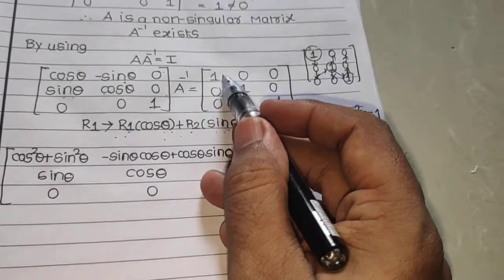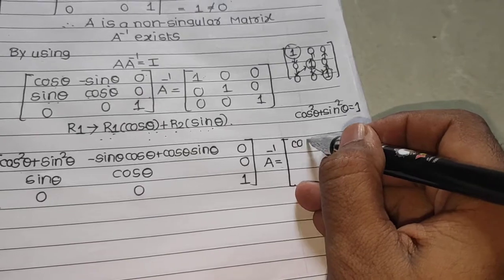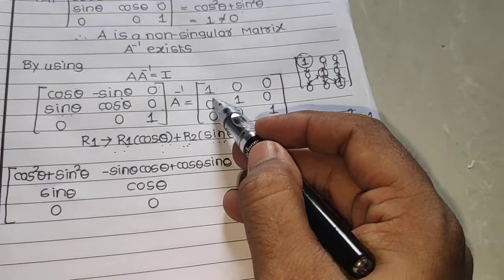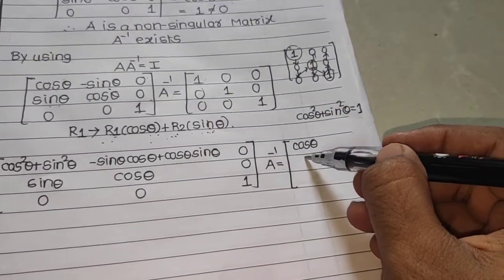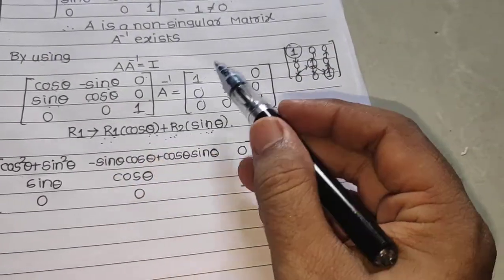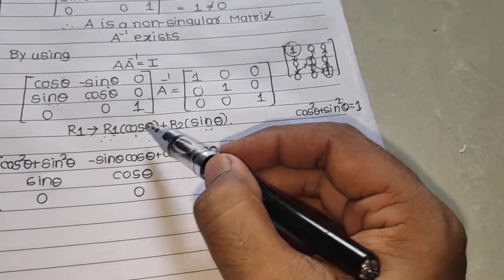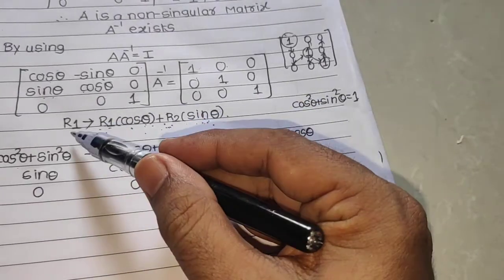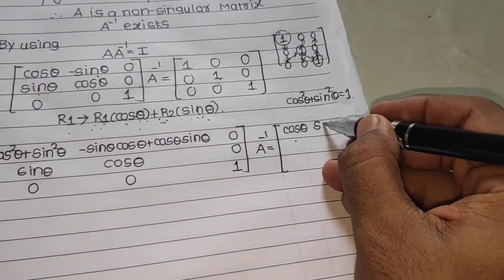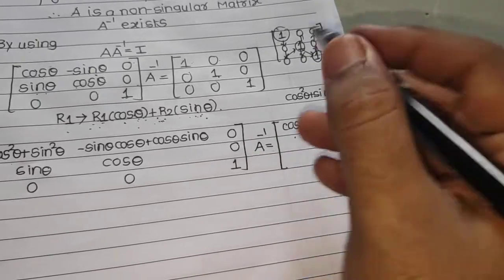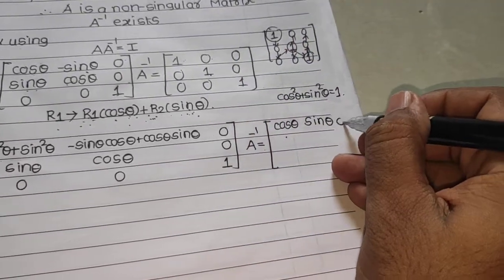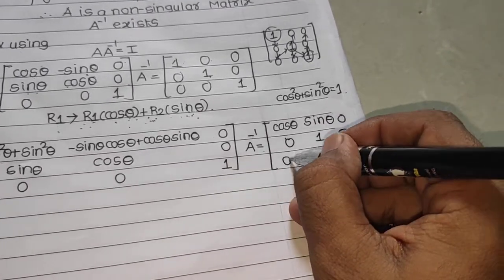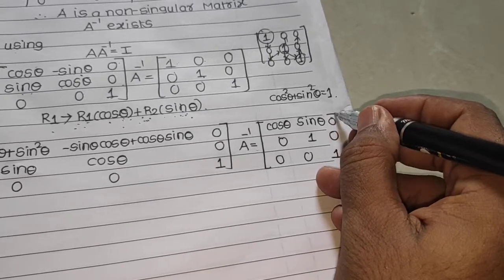Now R1 into cos theta, that is 1 into cos theta, plus R2 times sin theta, R2 0 into sin theta will be 0, so cos theta will only remain. R1 cos theta, so 0 into cos theta will be 0, plus R2, that will be 1, so 1 into sin theta. All these changes will be done for R1, so it will be only sin theta. Once again both elements are 0, so 0 ऐसे ही रख लिया दोस्तों, 0 1 0 and 0 0 1।